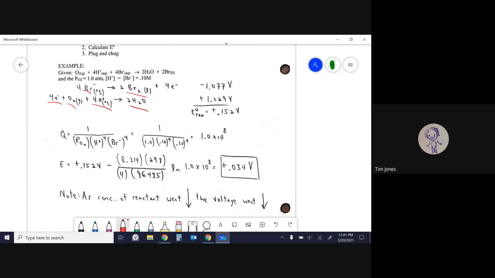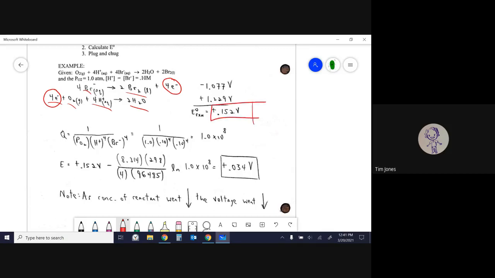If we split it into the two halves, like I have, and make sure our electrons are matching, look up the voltages from the reduction potential chart, page 481 in the book, or wherever you choose to look it up. Add up your voltages, and you get that it is, under standard conditions,